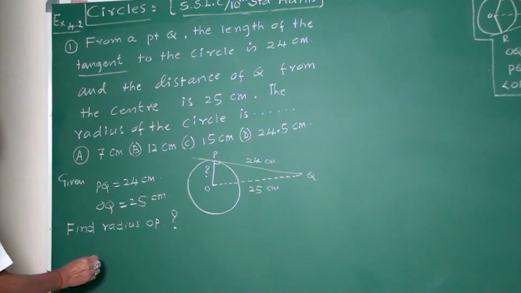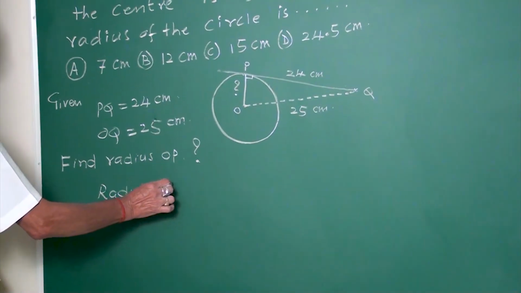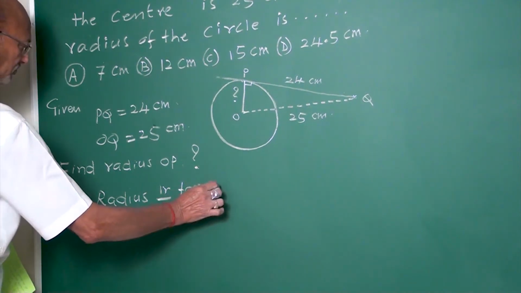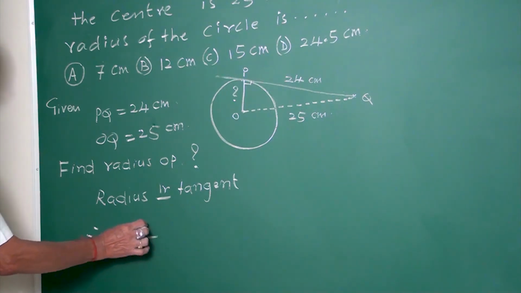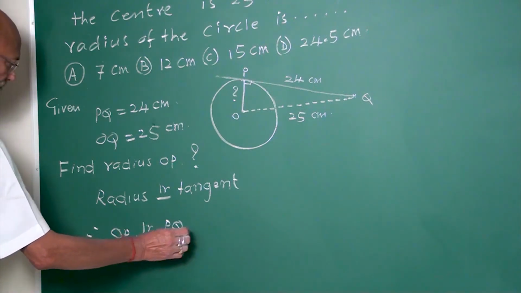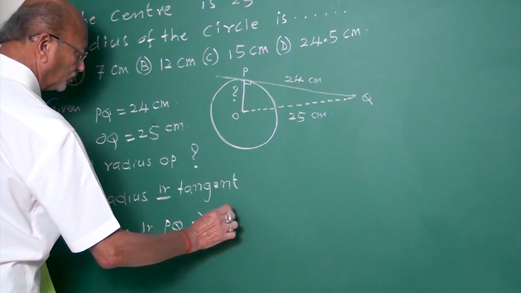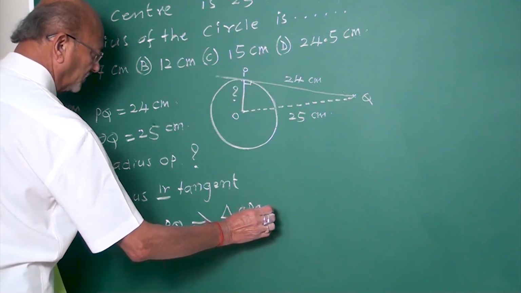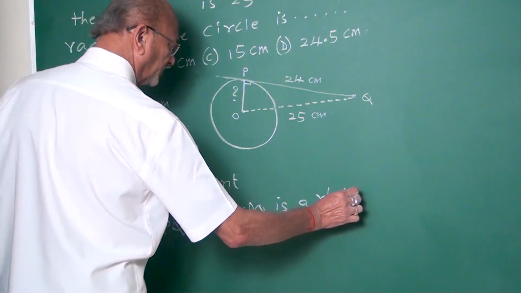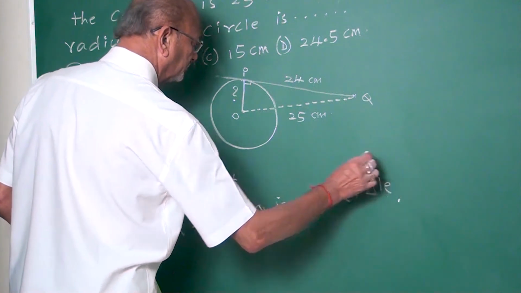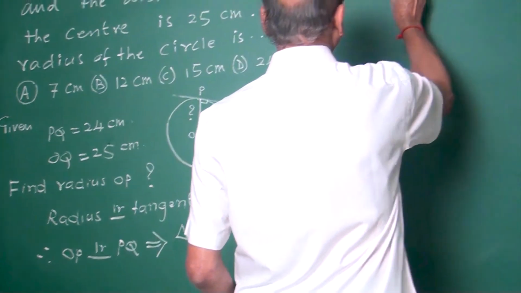Again my friends, what is that? First theorem, that is radius is perpendicular to tangent. Therefore, my friend, OP is perpendicular to PQ. This implies which triangle? Triangle OPQ is a right angled triangle. Then by Pythagoras theorem,